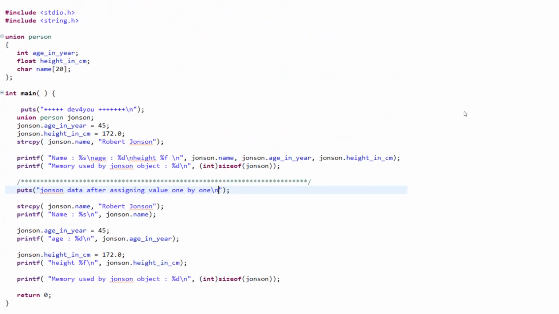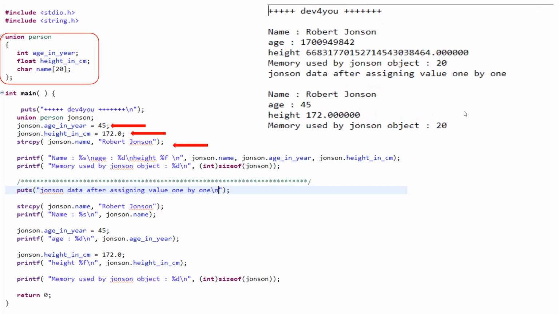So here I have a union named person, and it has an int, a float and a char. I have used this union in my program, and I have created an object called Johnson, and I have assigned a value of 45 to int, and then 172.0 to a float, and then I have copied a string called Robert Johnson to the name, and this is the output of the program.